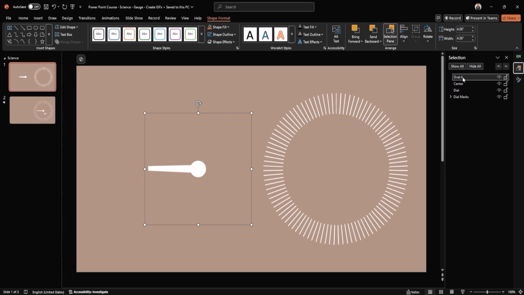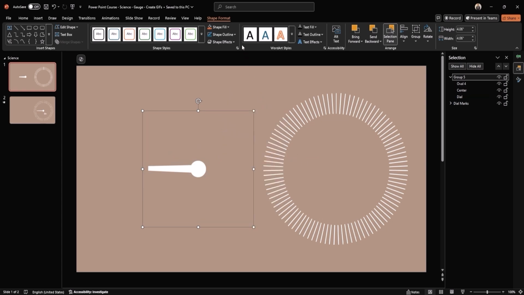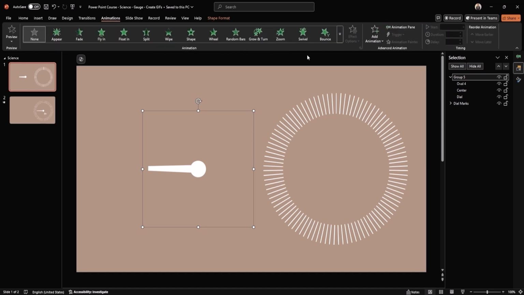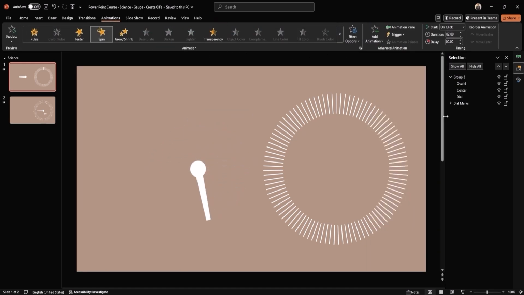Finally, select all three elements, the oval, the center dot, and the arrow, and group them together. We've effectively forced the center dot to act as the pivot point, so when we apply the spin animation, it will rotate exactly how we want it to.